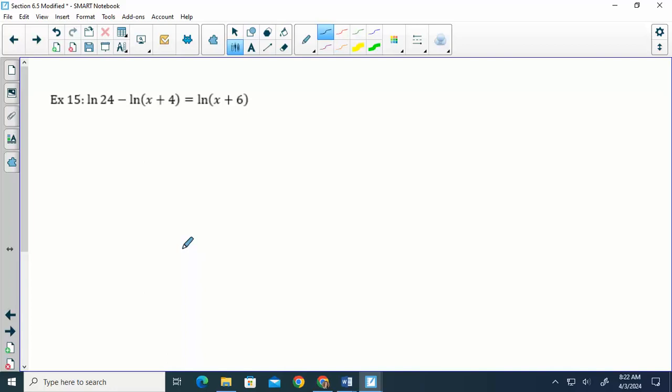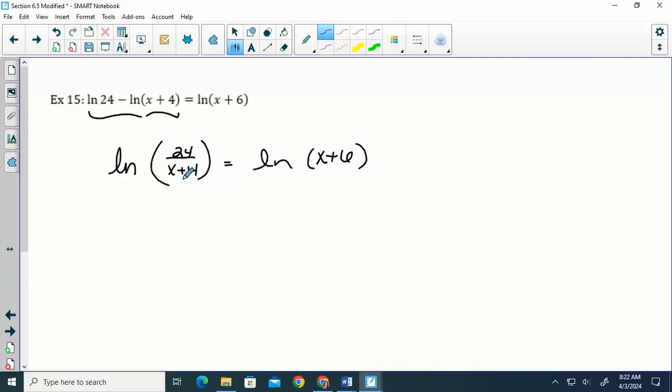Thoughts? Go ahead and combine the 2 elements. And a division turns into subtraction. So we write the ln once, 24 over x plus 4. Now we have 1 ln on each side. So that means we can